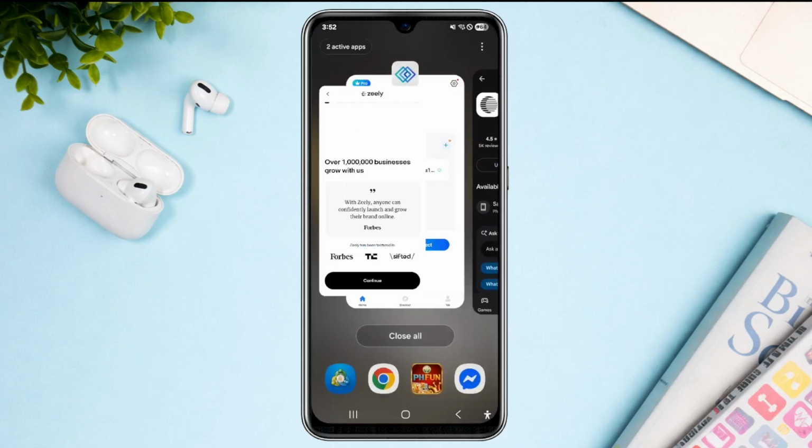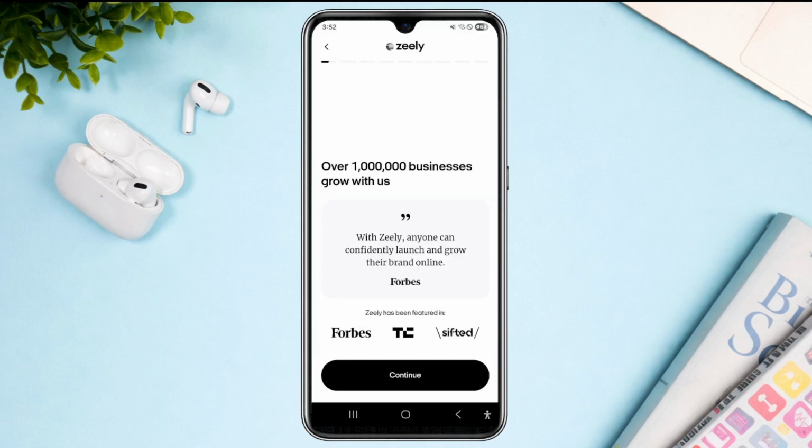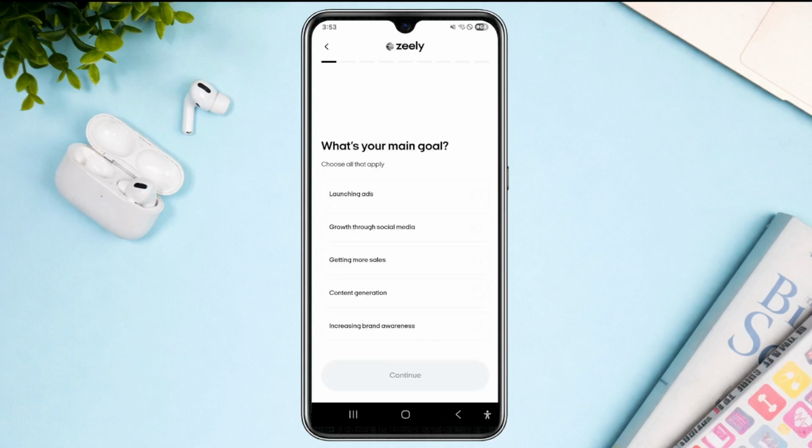Now, before we start, Zeely is actually a powered marketing and ad creation platform designed for small business dropshippers and e-commerce entrepreneurs. The very first glance to pull up the application, make sure to input your working email address. Tap on continue, and then Zeely AI is going to be asking on what is the purpose on using your